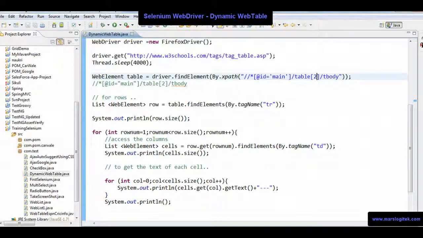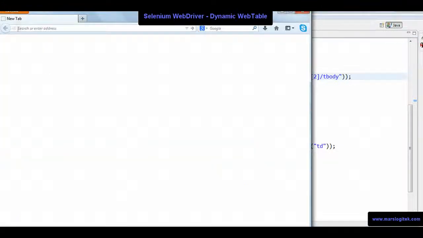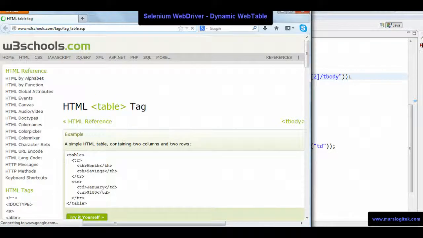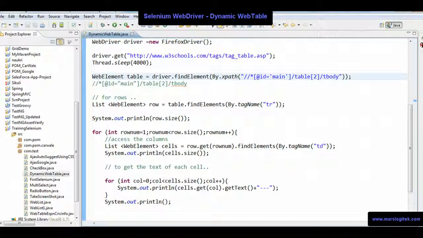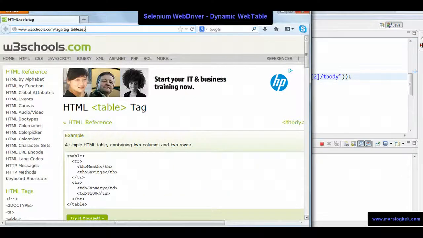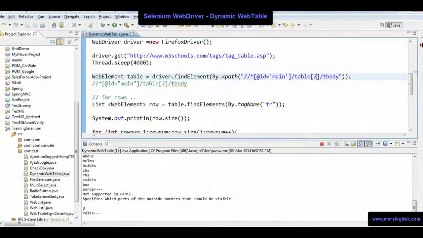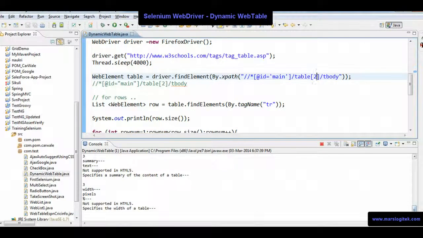Somehow I missed this out. So let me check it out. So I'm going to run this now. Let me open the console. Let me see what's happening. Oh, it displays something. Cool.